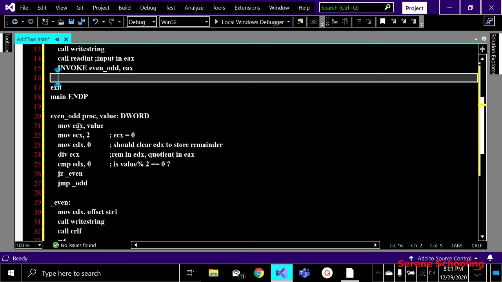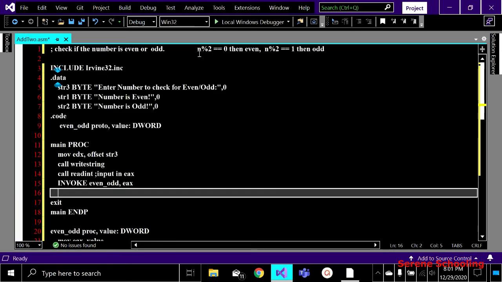And inside my ECX I am moving 2. Why am I using these three registers in a row, EAX, then ECX, and then EDX also? We have to know that EDX is used for remainders, right? And in this example we have to deal with remainders in order to know whether our number is even or odd. In assembly we get the remainder and the quotient by using the div instruction. We divide two numbers, and the quotient gets stored in EAX. We have to remember that the quotient is in EAX and the remainder is in EDX.